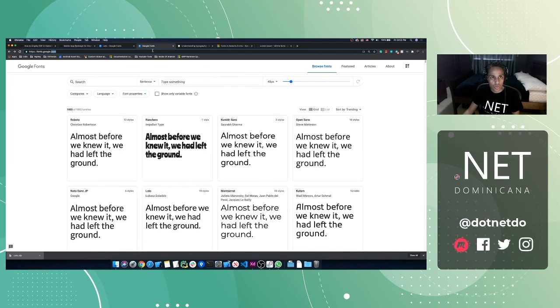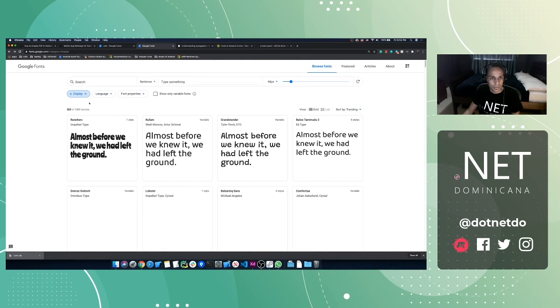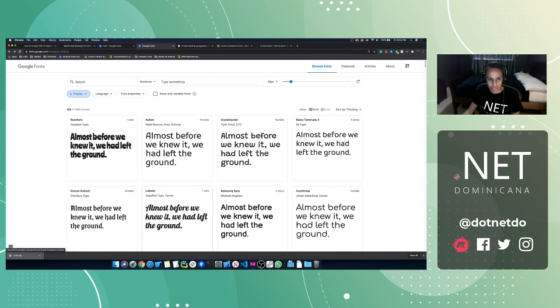Let me send you some cool websites where you can get good fonts. In Google Fonts, you can filter them by style, by category. Like, if you want to see only serif fonts or display fonts, let's see what display fonts they have. There you go. And there you can see all the different display fonts they have. This one is really